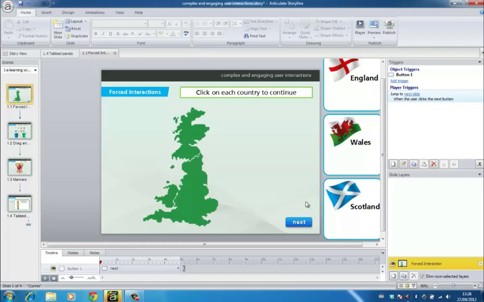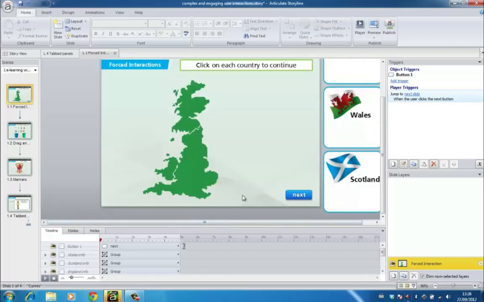So this is the scenario. I want them to click on each country, Scotland, England and Wales, and only when they've done so will this button actually work. So I need to first of all disable the button so it's not clickable. Articulate's got really nice ways of creating buttons and editing buttons. So with the button selected,